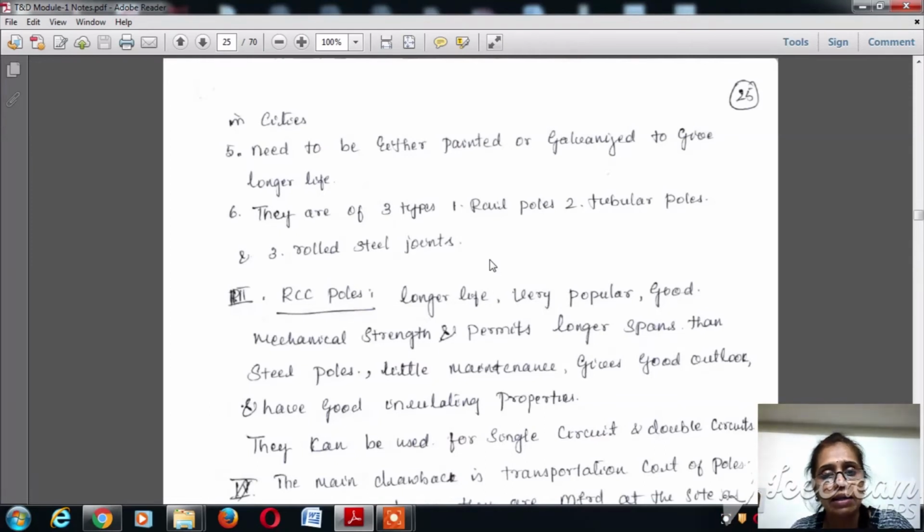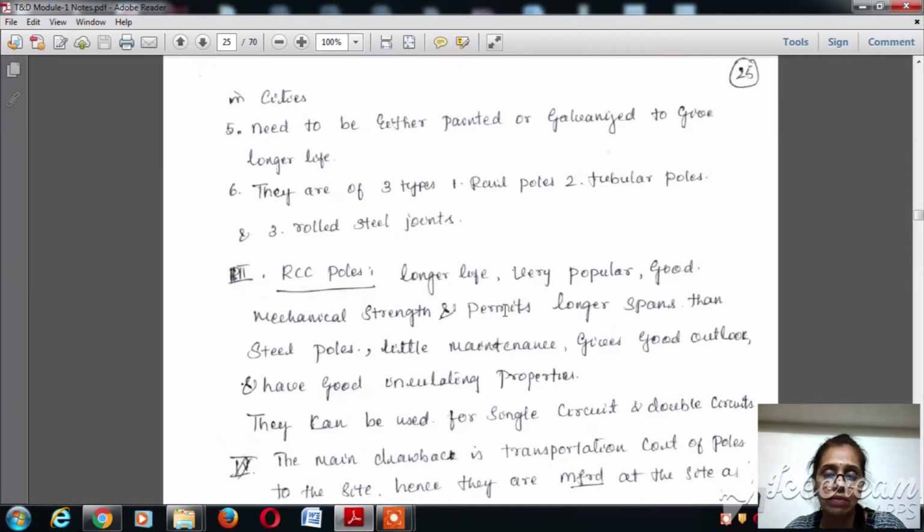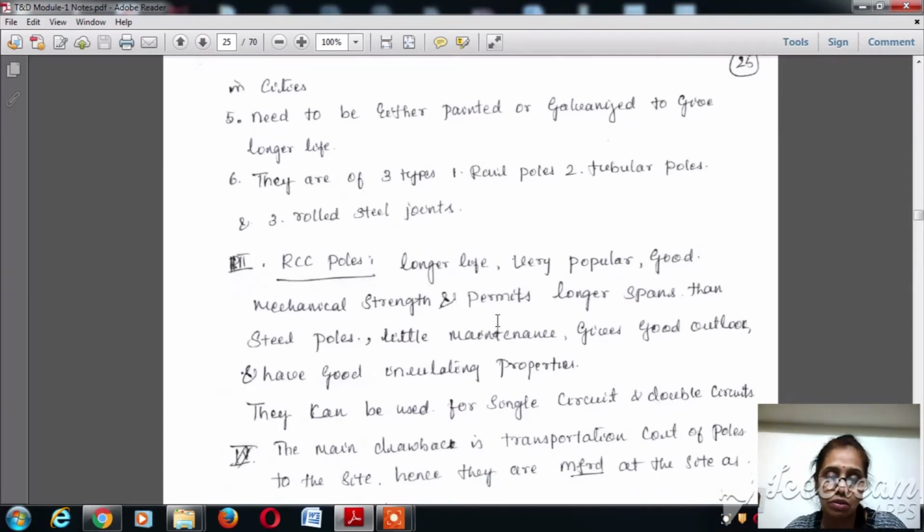And there are three types of steel poles. They are rail poles, tubular poles, and the third one is rolled steel joints. Normally, we see these days that tubular poles are used for erecting transformers and distribution sites inside the city, because they will not affect the aesthetics of the city, and they give a good feel and will not alter the look